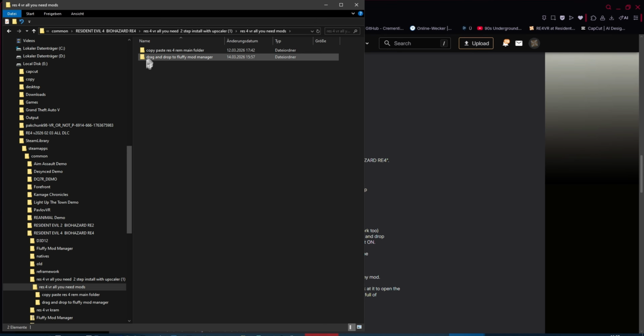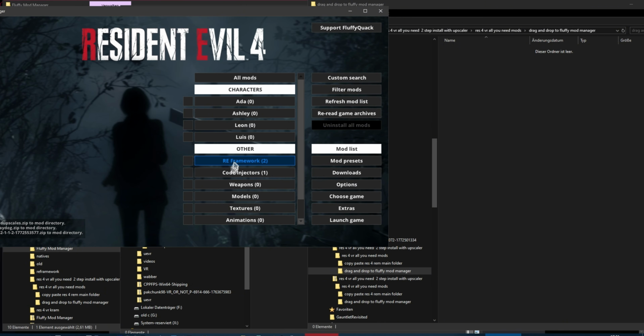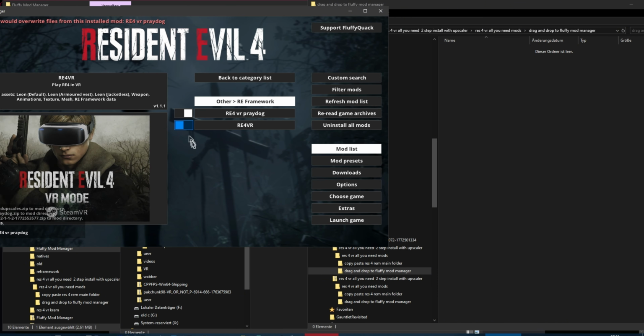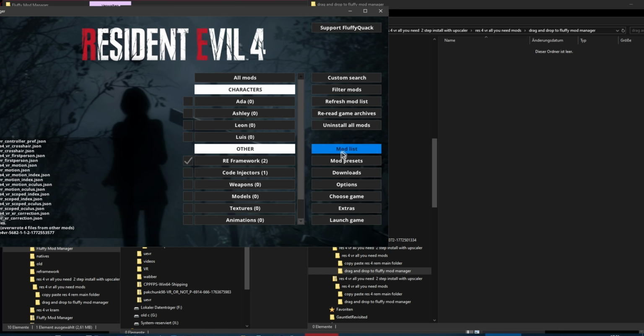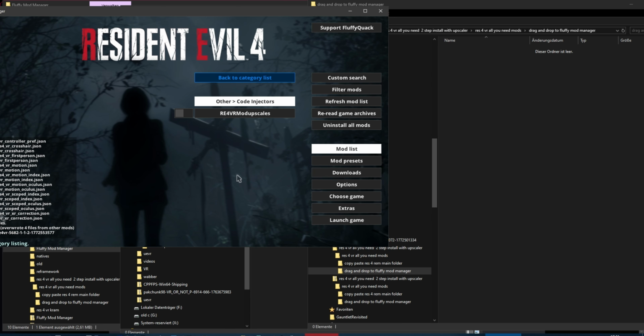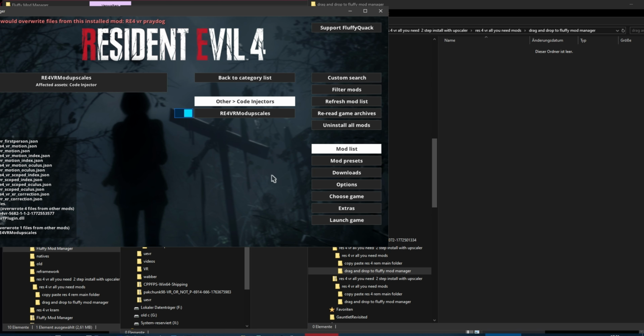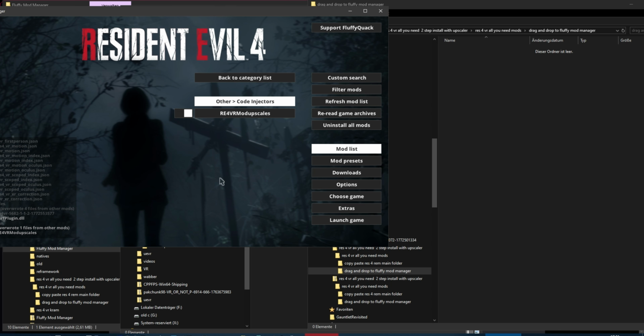The second step, drag and drop to Fluffy Mod Manager. And here we go. Three mods are here. You install them one by one. Don't forget there's another one here under code injectors, mod upscalers. Boom. That's it, bro. Congratulations. That's all you need. You already run Resident Evil 4 in VR with motion controls and with upscalers, with temporal